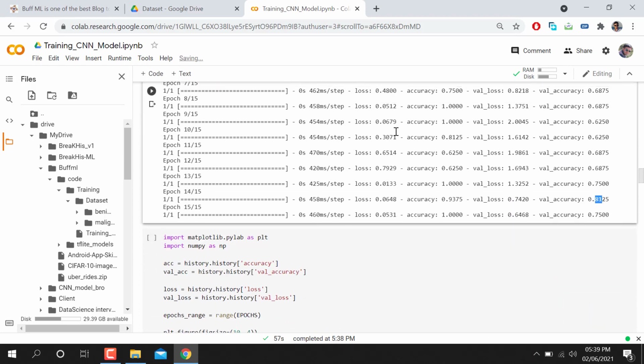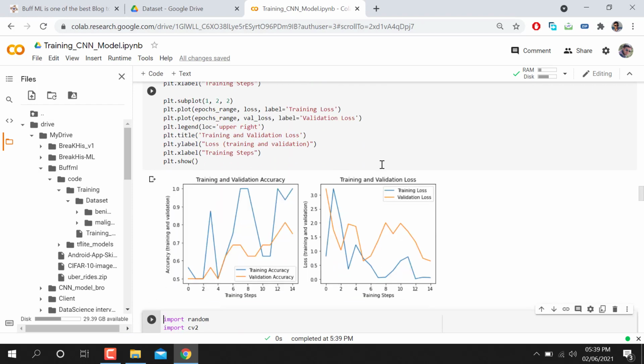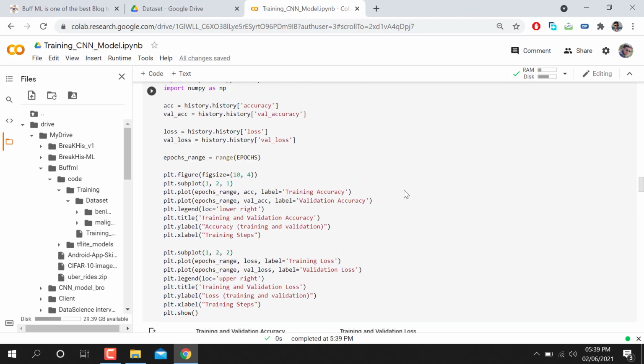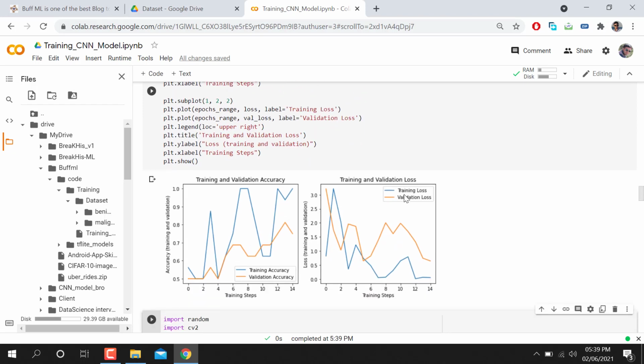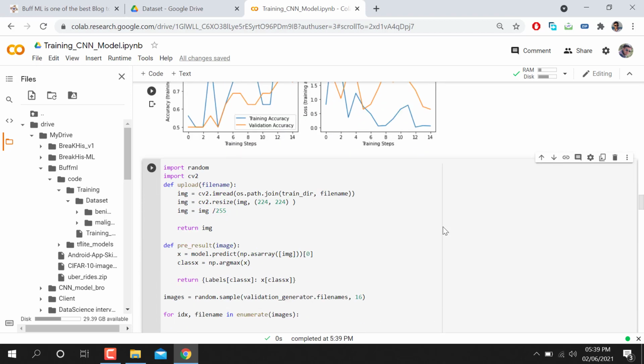After that I'm just going to run to check my results. You can see I'm not getting quite good results, but this is the demo for how the project is working. You can see training and validation accuracy and training and validation loss. This is the graph. Why am I getting quite poor results? Actually, I have a limited data set. I'm just making this project, so I'm just running it to show you how the project will work.